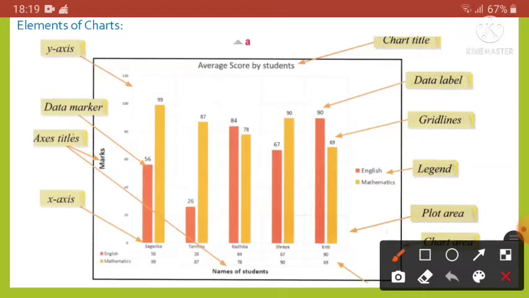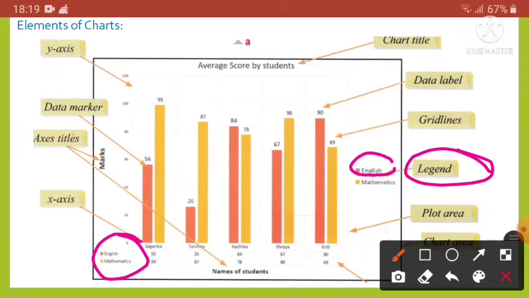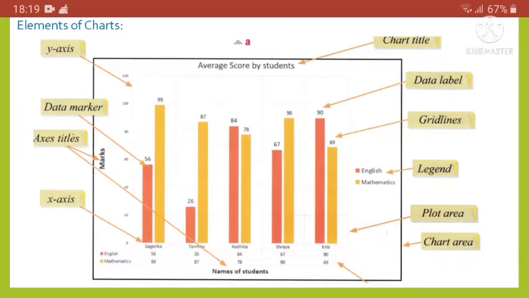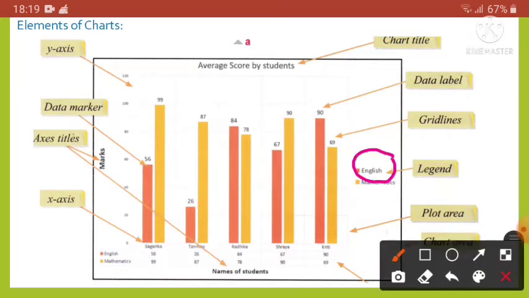Next one is legend. What is a legend? As we are having different subjects here, we are having different colors to identify the different subjects for a particular, individual student. So legends are used for providing detail regarding colors and symbols used in the charts. As you see here, English and mathematics are the subjects displayed on this chart.